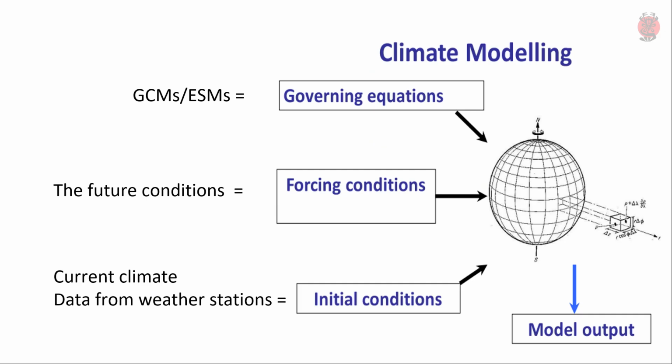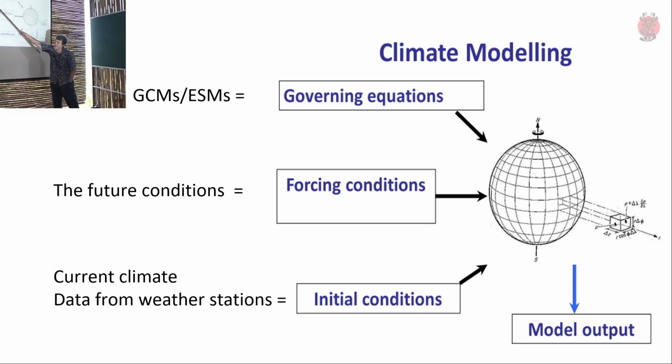So this is a climate model. Yep. You've got your GCMs or Earth system models. There are in excess of 37 of them. I don't know the exact total. I can get access to data for about 37, but there are others out there where we can't. And these are the governing equations.